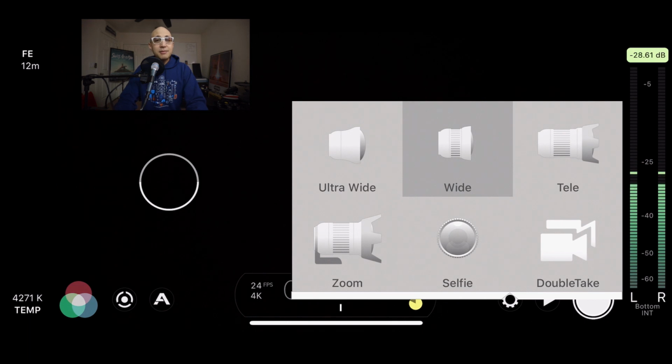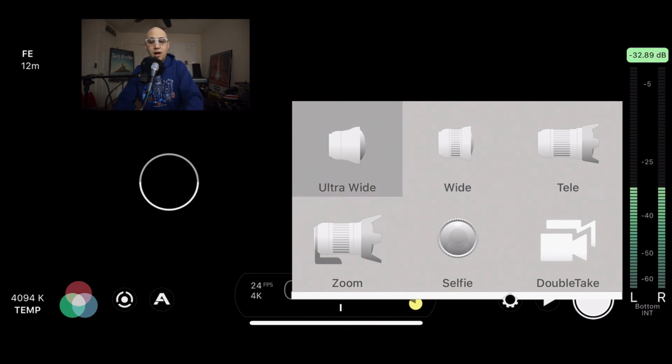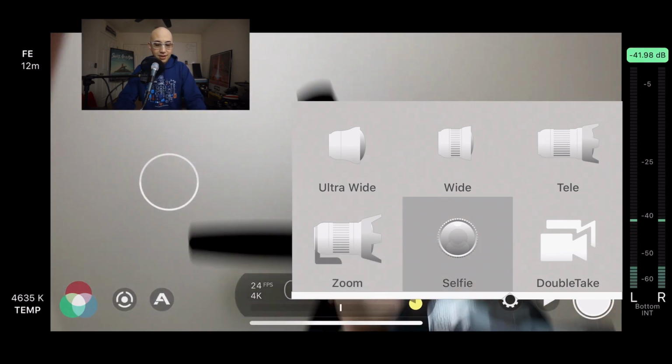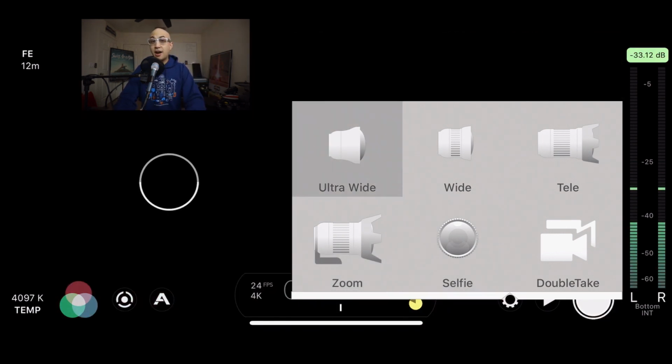And then under the camera section, I can choose which camera I want to record with. Now on my iPhone 11 Pro, I have 3 lenses on the back and 1 on the front, and I have all of those options here. Ultra wide, wide, telephoto, zoom, which is essentially the telephoto but zoomed in even further, or the selfie camera. There's a 6th option here too,